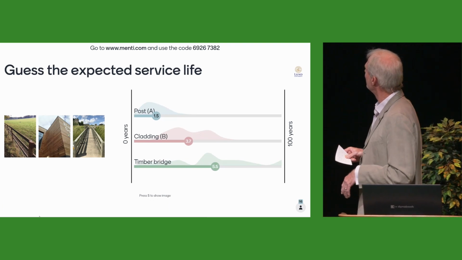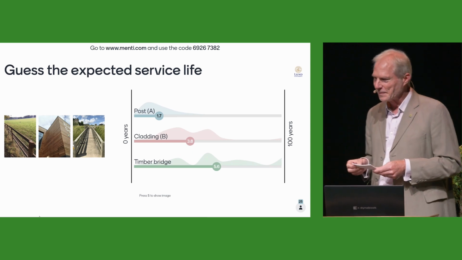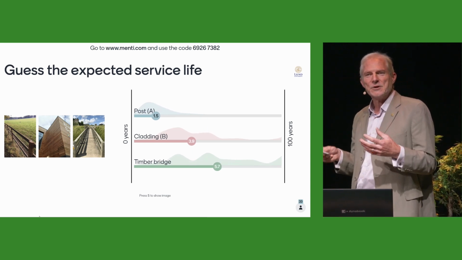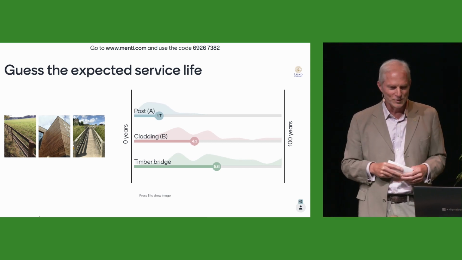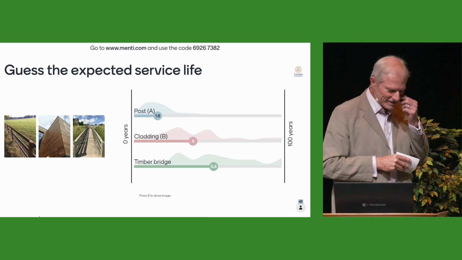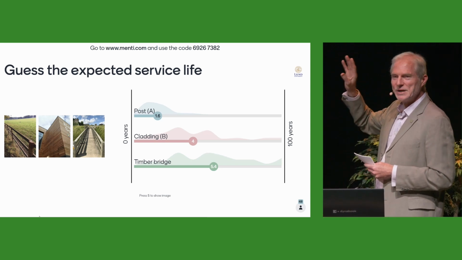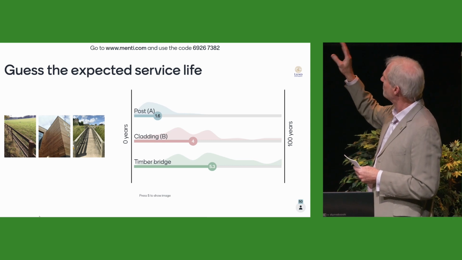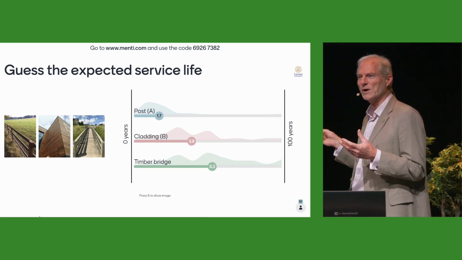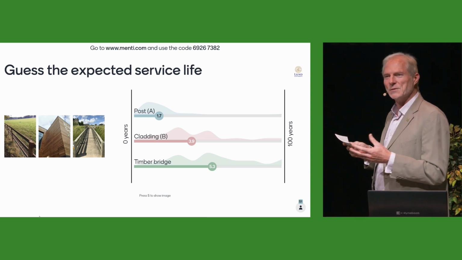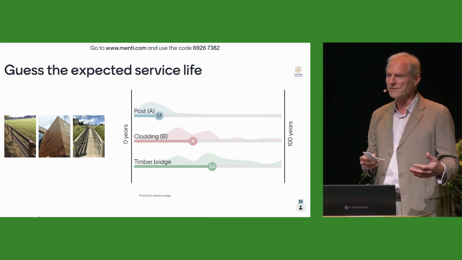So here we are. This is quite interesting as the live data comes in. So this obviously reflects on our own personal experiences. We might have had a fence in our garden, or we might have wood cladding on our building, or we may even have a wooden footbridge, who knows. But this is quite interesting. So at the moment, perhaps the order is not terribly surprising, and we might want to think about why that is. Some of these products we might be a bit more accustomed to replacing on a more frequent interval than others.